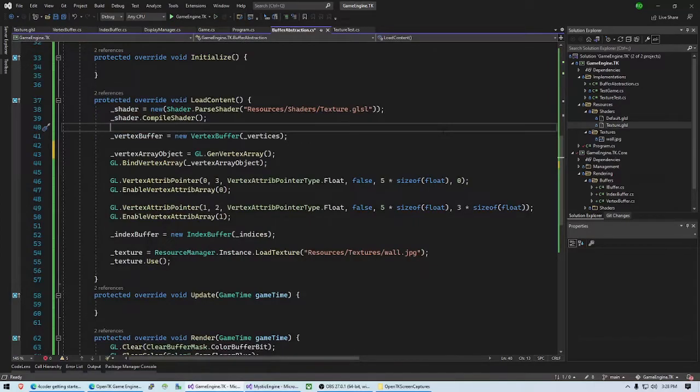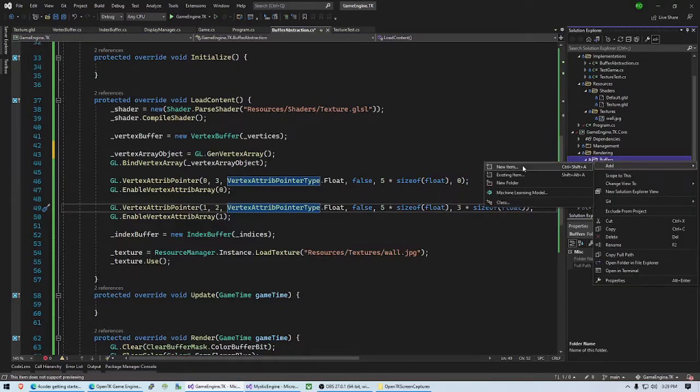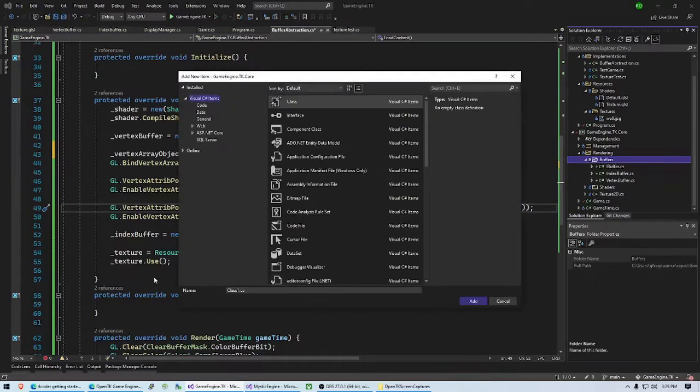So what we need to do is we need to have a vertex array class, and in there it will have bind and unbind. It'll have a buffer ID, and then we need the ability to add vertex buffers to it. And then not only just add vertex buffers, we also need to be able to supply it, hey, what does the layout look like? So it knows that it needs to enable these attribute pointers. So let's go ahead and start by creating a new vertex array class. We'll call it